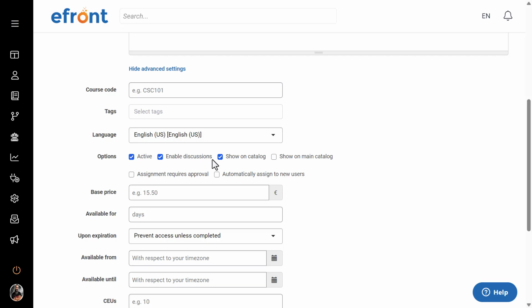If you want, you can enable discussions on the course. And here is another very powerful option, show on catalog. Now, by default, this is going to be checked, and most probably you want most of your courses to show up on your course catalog. What does this practically mean though? Well, if we have a course that is going to show up on the course catalog, it basically means that the learners can go into the course